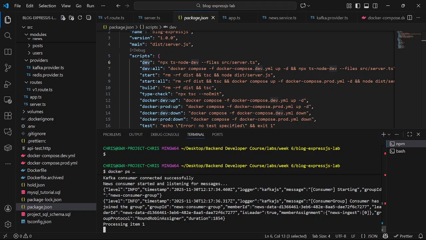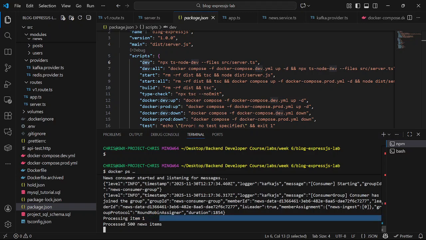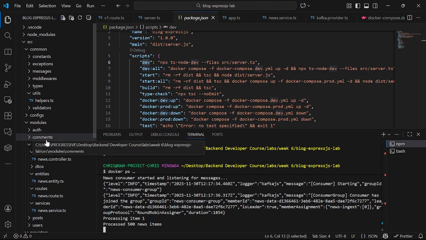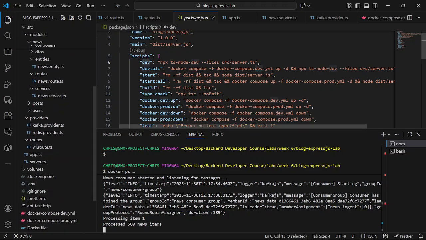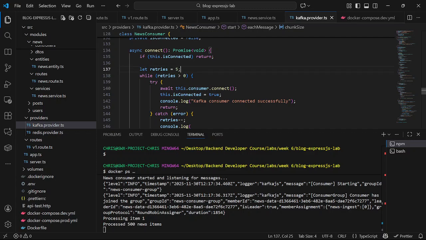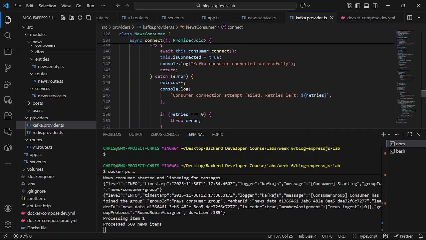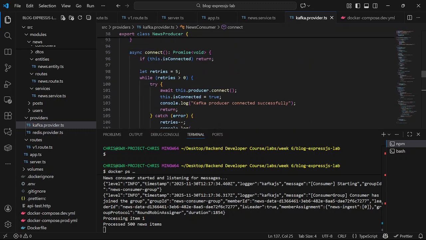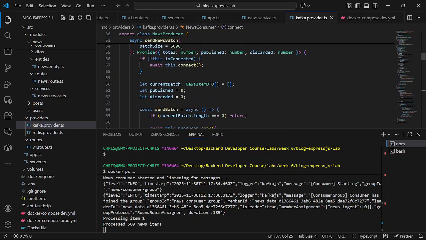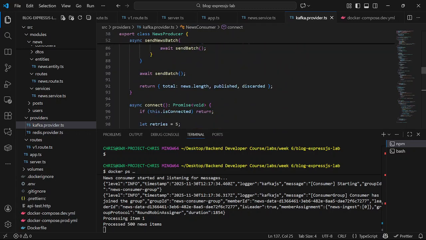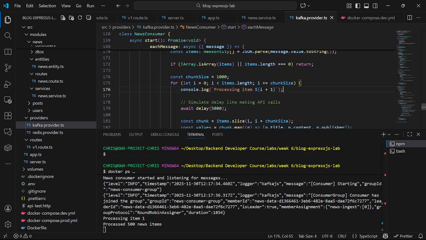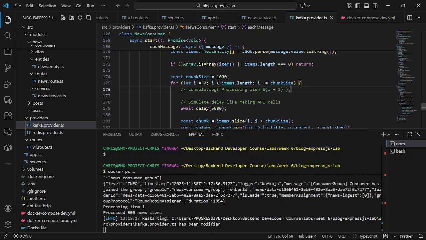I had some background jobs when I was testing it. Let me remove the console log. One thing about Kafka is that when you give it a job to process, and you start processing it one after the other, if your app goes down or shuts down and you restart your app later, it's going to start processing from where it stopped.